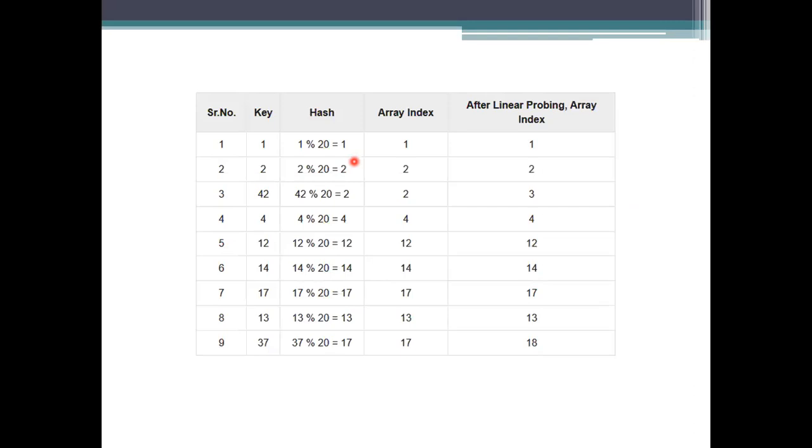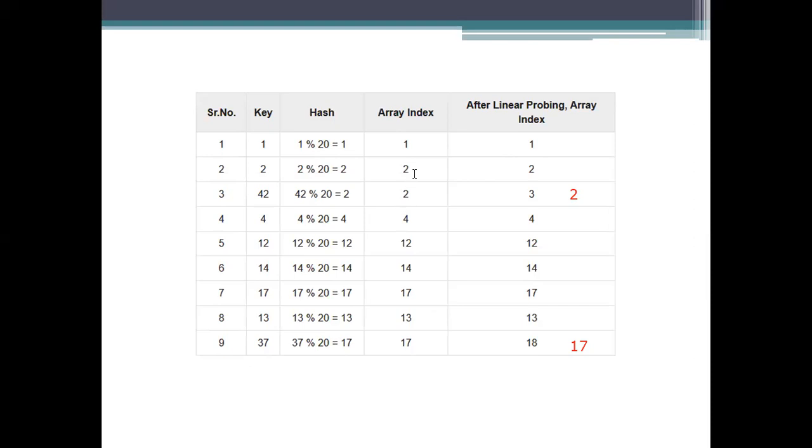See here, in the previous example, the value I got here is 2. Here the value I got is 17, if you remember. So what happens here? It is using the same array index. After applying linear probing, first we check whether there is any element at that position or not.